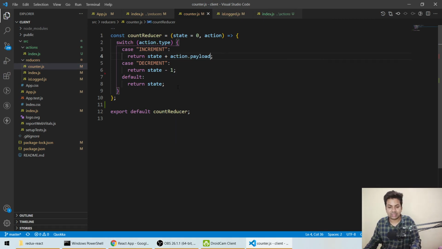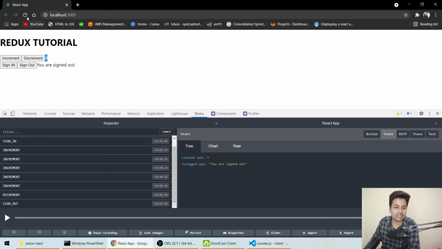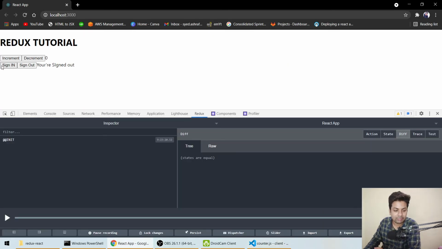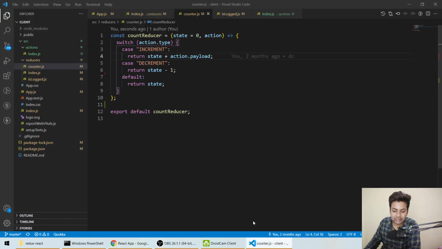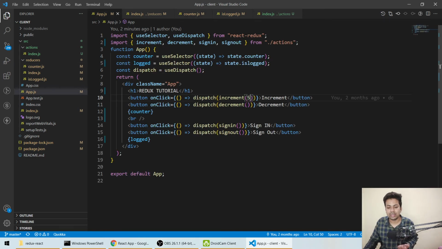We'll just save it, and then reload it. Firstly we'll go to state, we'll go to sign in. Okay, you are signed in. Now increment, see it's now incrementing by 5, and decrement will be only by 1, because decrement is set to -1 only, and we are not passing any values here. Okay, see, so that's the way you can work with it.